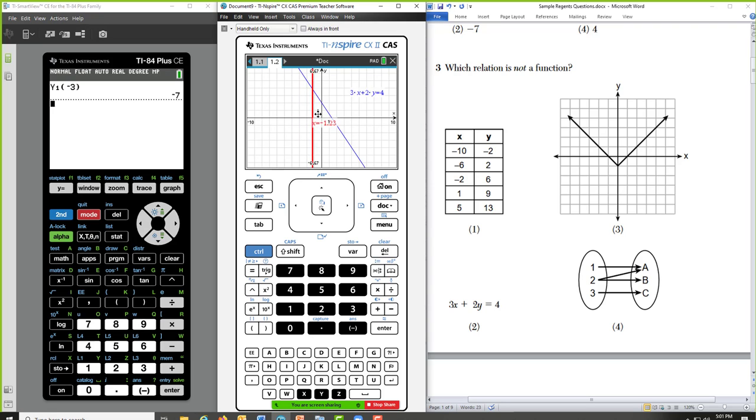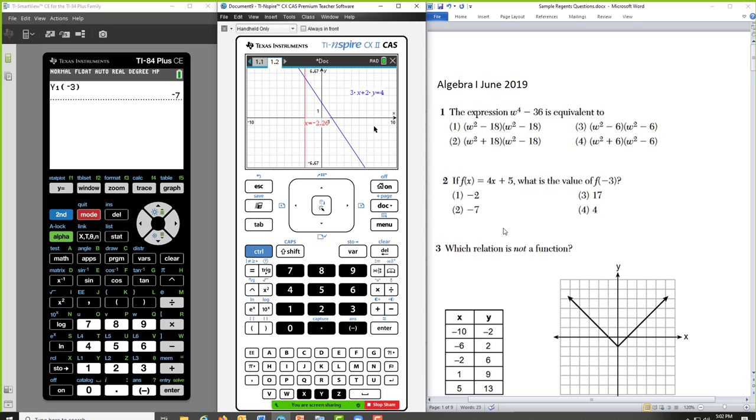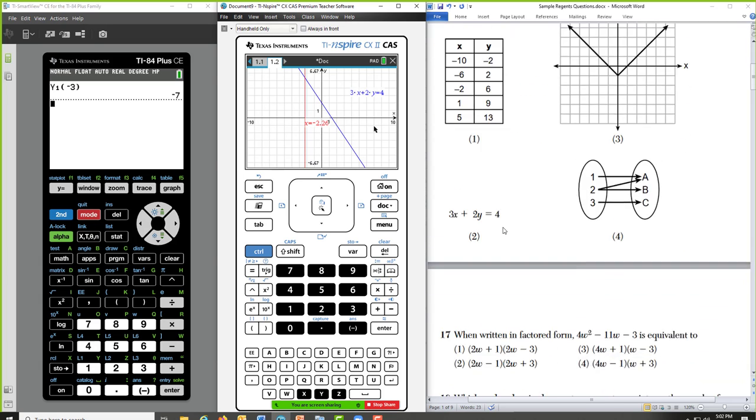So you can grab and move that vertical line and do a vertical line test right there. Now, we could do a quick graph and do all the definitions, but I just wanted to show that relationship feature for answer 2 and number 3. Again, this is still Algebra 1 from June 2019.